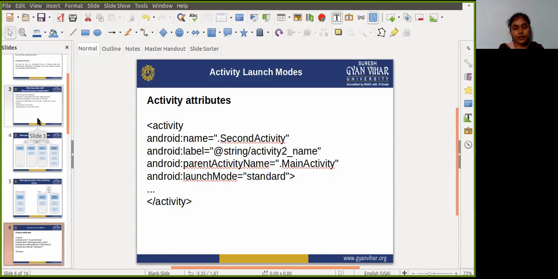Okay, the next type is singleTask. When the activity is launched, the system creates a new task for that activity.